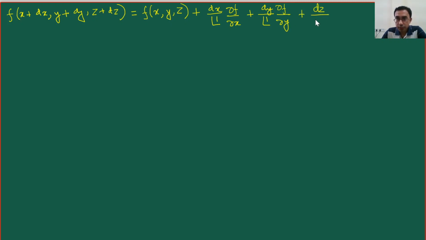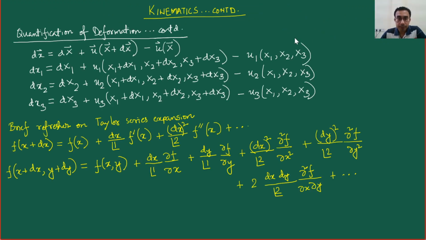This is the thing that we have extra here: dz by factorial 1 del f del z. Now if I want, I can possibly go to the second order terms, but I don't want to do that, because remember that my purpose here of doing all this brief reflection on the Taylor series expansion is to actually mathematically manipulate this, and for that purpose I do not need to consider these higher order terms. So all that I want is to go up to the linear or the first order terms. So I'll stop the